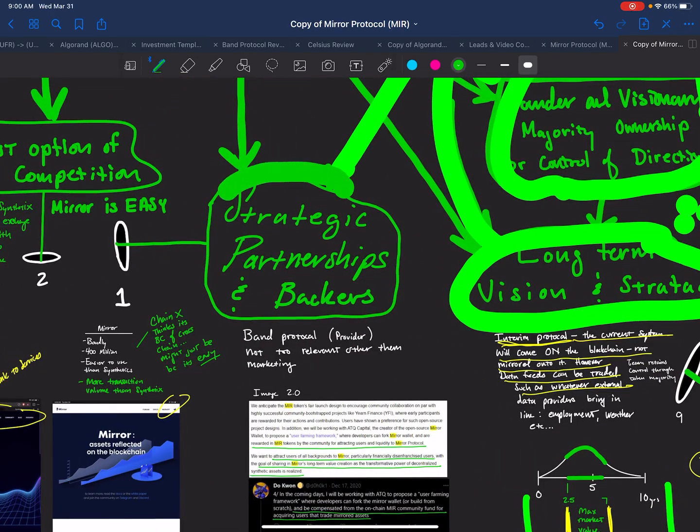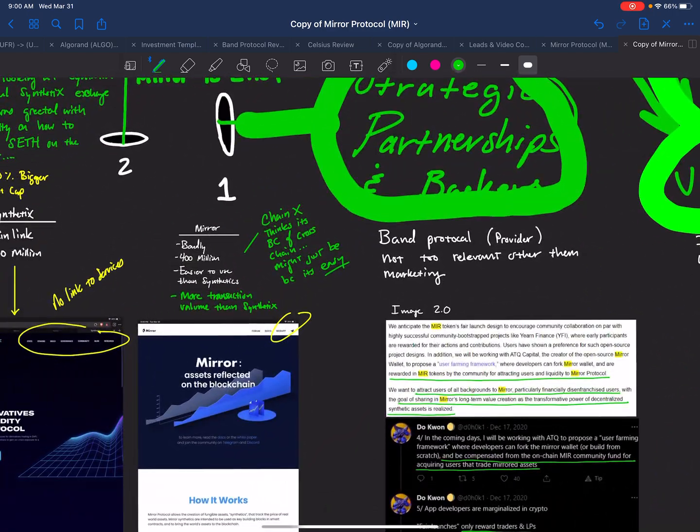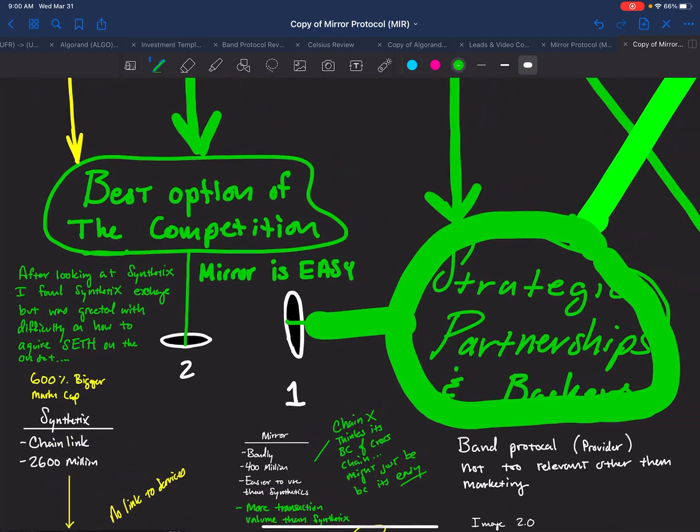Strategic partnerships. They're working with the Band Protocol, but that's their provider. It's not really a partnership. But the partnerships aren't that relevant. It's just the services provided that's relevant for this. All right, so as far as the best of the competition,